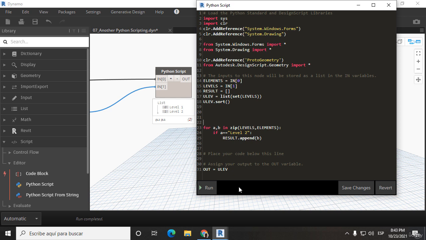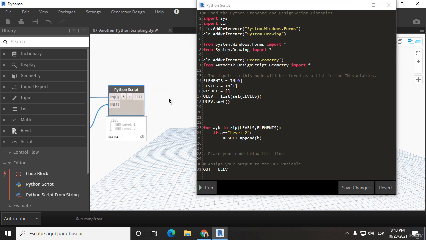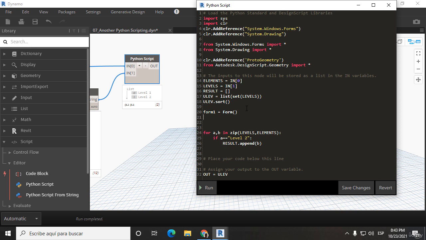Next thing we want to do is create a form that will give the user the selection of level 1 and level 2, and therefore it can use any other settings. So let's have a new variable called form1, and we can call it as a form with braces. Because of the library being pulled, the form will now be a variable of form,